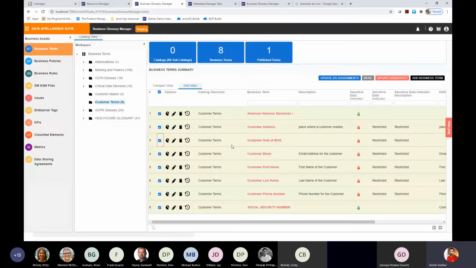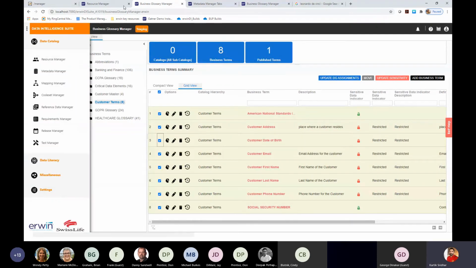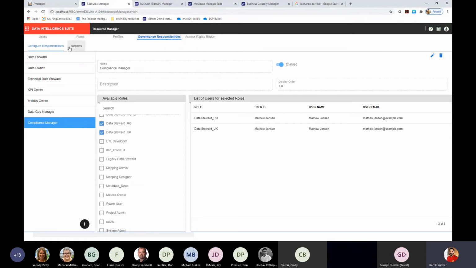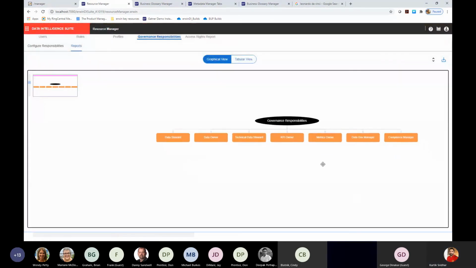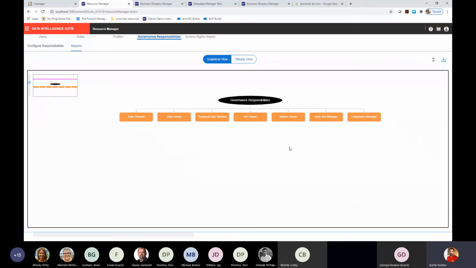So once these options have been assigned, you can go back into the resource manager, go into the report section and generate an enterprise report. Now you can see how your data governance structure is being federated across your enterprise and who's responsible for what. The tool derives all this information based on all the assignments that you've done. So you can now generate an org chart kind of report that will tell you who your different KPI owners are, who your different metric owners are, who your different data owners and data stewards are, and so on.